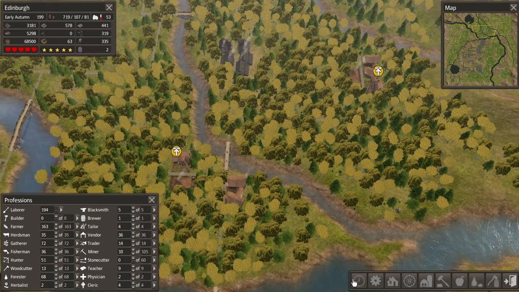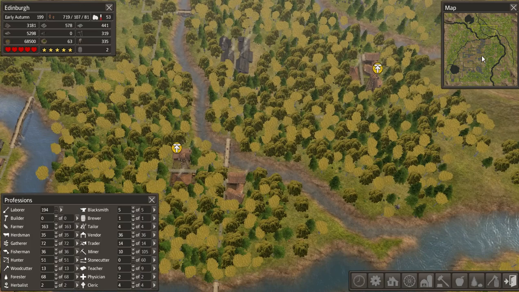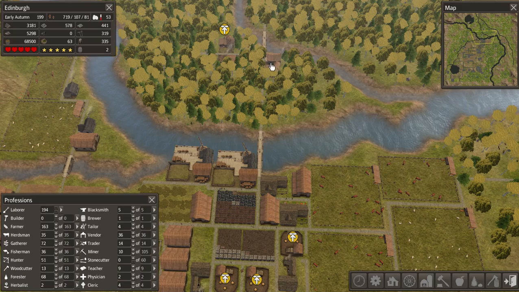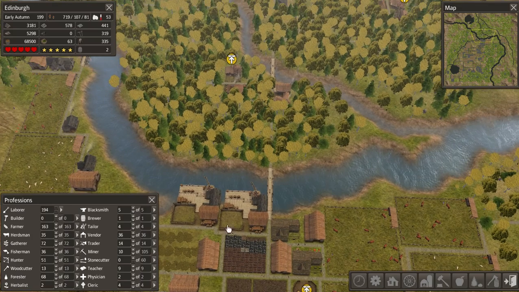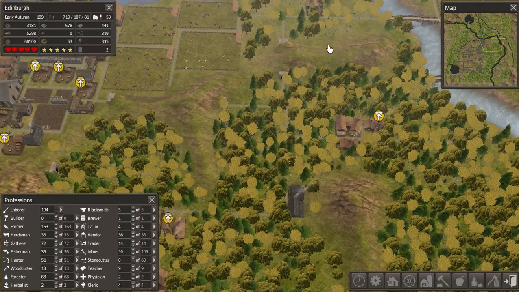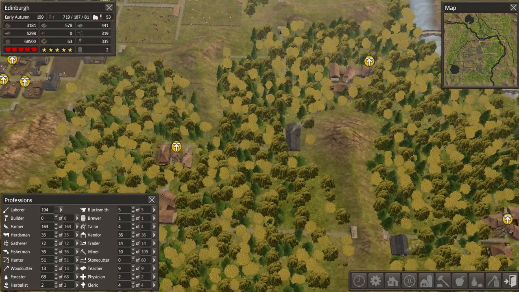Because you want to make sure you're making the best out of your workforce. You only get so many people, so if you have a lot of gatherer huts and a lot of hunting cabins next to the forester lodge, you'll get a lot of food. I've done pods up there, pods down the sides,